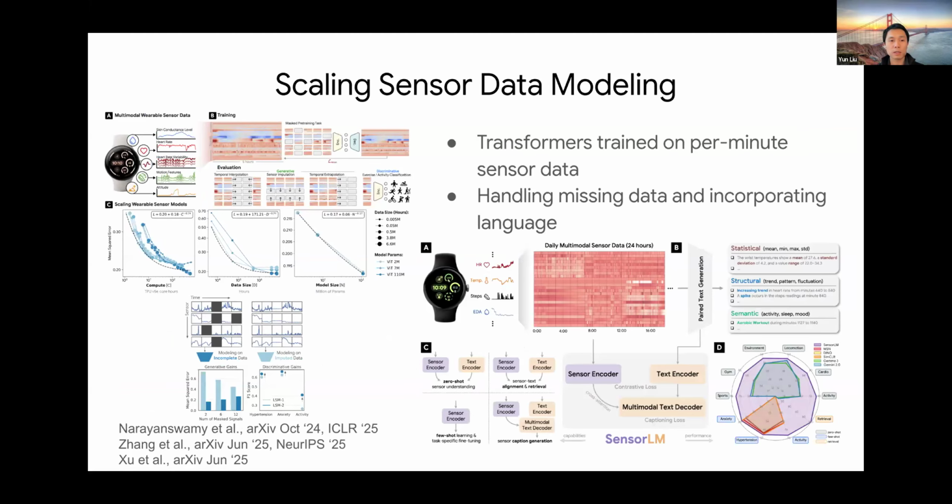The other part to the wearable data space is that much of wearable data is collected fairly continuously. So you have these signals where, let's say, you have a light sensor that's shining on the wrist, and you get a sense of how the blood is flowing. But the sensor data is actually a little bit too dense to analyze directly. So oftentimes they're summarized as average heart rates, resting heart rates, and that sort of thing.